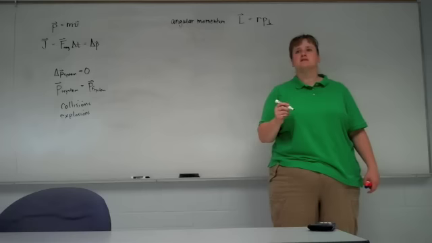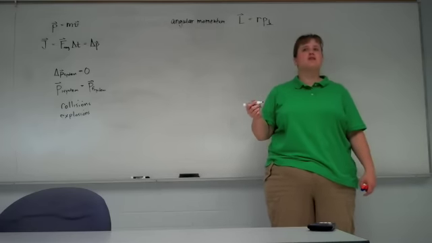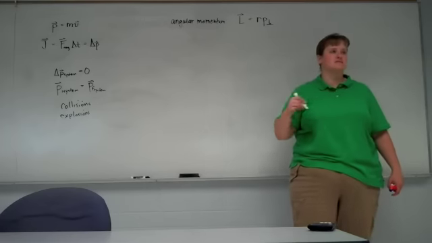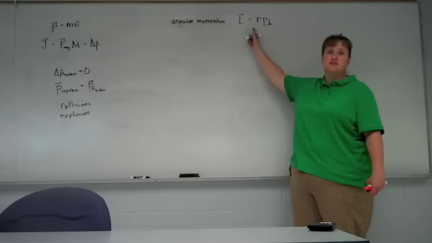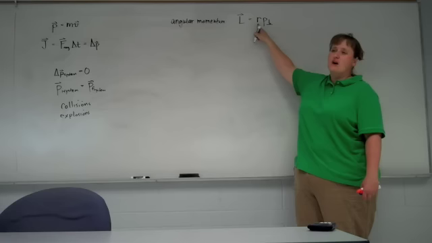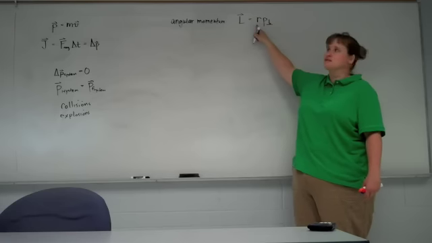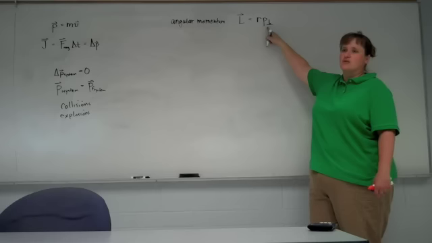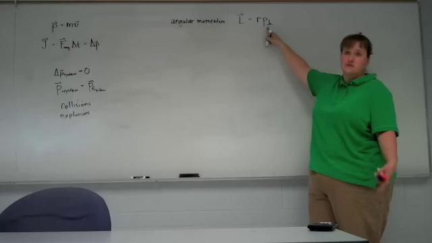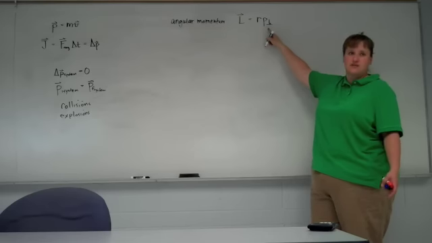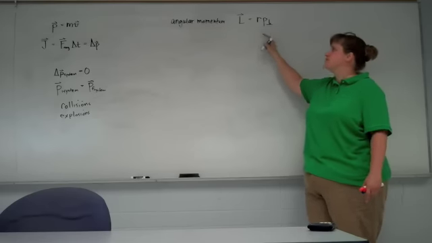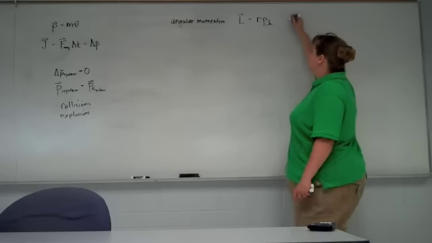So for example, the Earth orbiting the Sun. We could find the angular momentum that the Earth has orbiting the Sun. We would need to know R, the radius of Earth's orbit, so how far from the Sun the Earth was. And then we'd need to know the linear momentum, how fast it was moving. So we need its mass, which we'd know. And we can figure out its velocity, because we know how long it takes for the Earth to orbit once. This equation